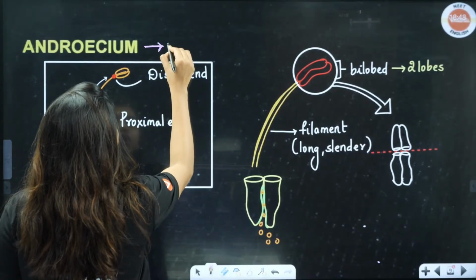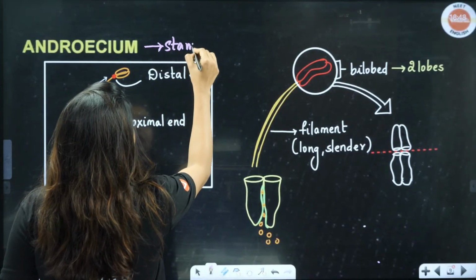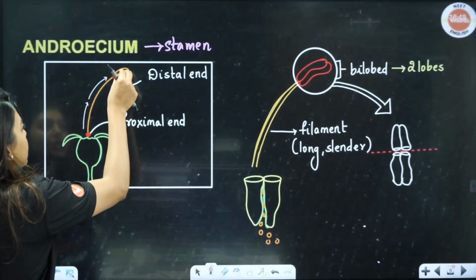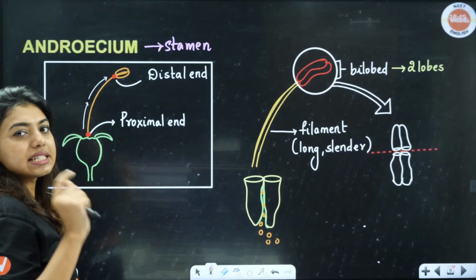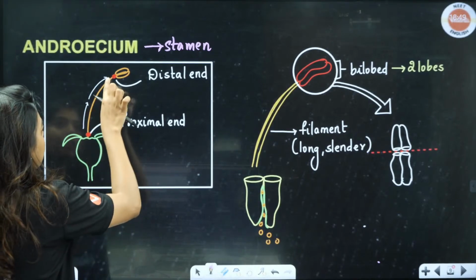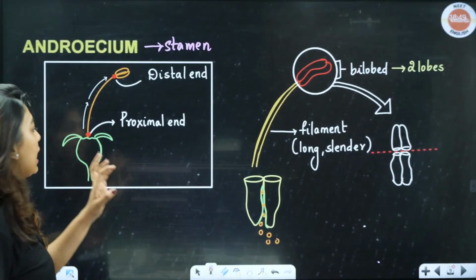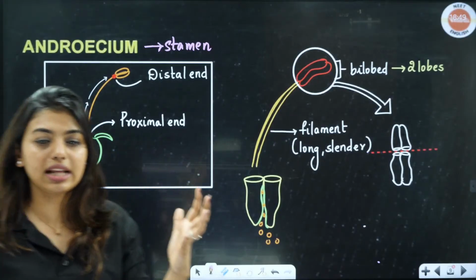So what is going to make the unit, students? Stamens, right? Stamen is going to make the unit. Stamen has what all portions? Anther and filament, right? It has anther and filament. So this is the filament, this is the anther. Here in NCERT they have mentioned one line, that is thalamus. Okay, so let's take an example.